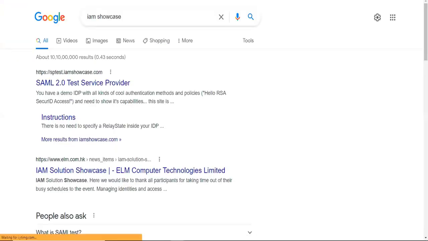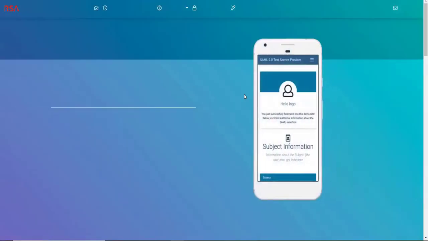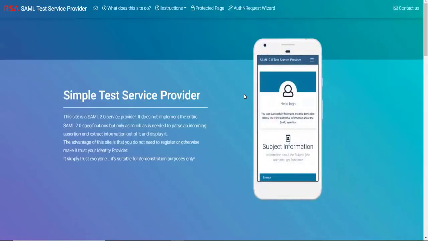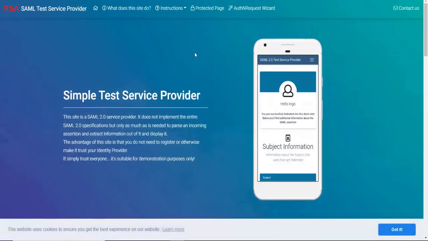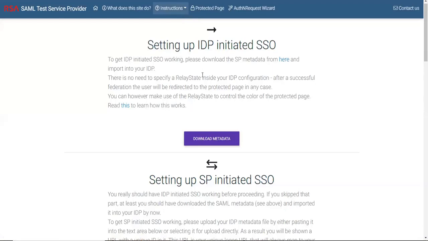Okay, there is an app. So this is an application. Let's take this as a service provider application. Okay, we are going to block this URL. And we are going to see whether we can enable SAML for that, and we are going to see how that flow is working. So here you can see, this is a service provider.